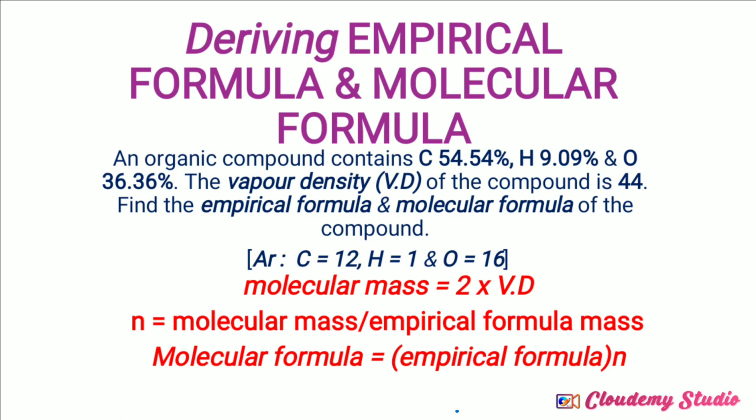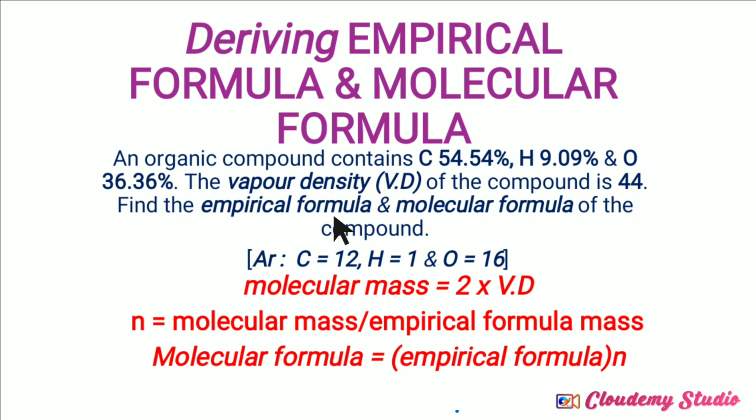Hello friends, let's derive the molecular formula for the given compound. The compound contains carbon 54.54%, hydrogen 9.09% and oxygen 36.36%. In the question, the vapor density of the compound is given, that is 44, and we need to derive